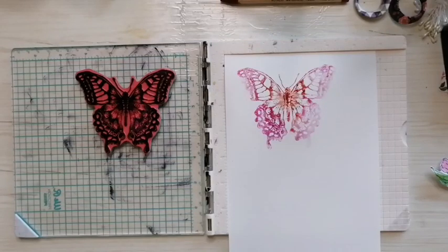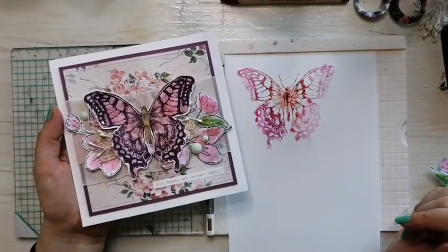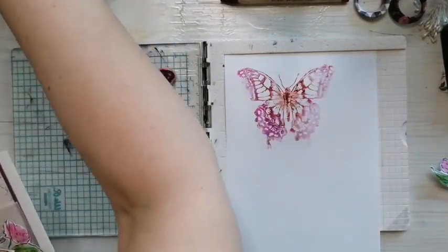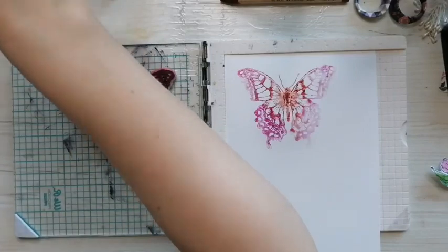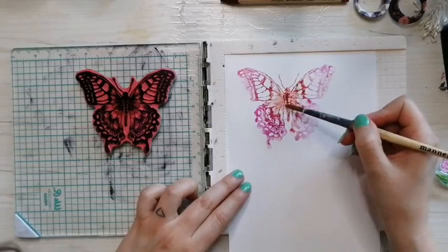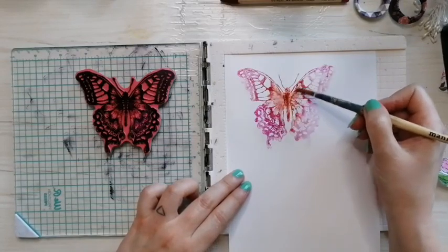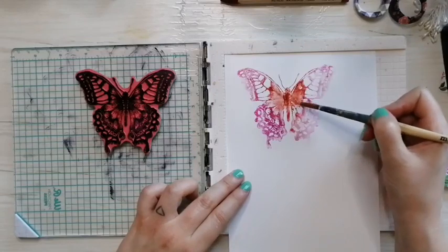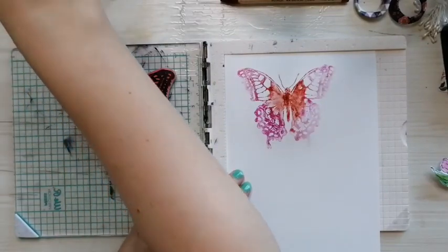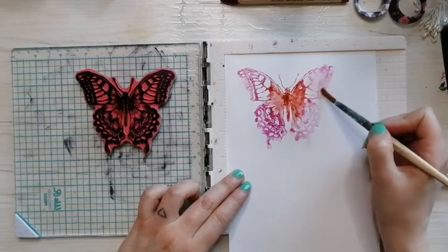And then let's compare the two. As you can see, there's quite a difference between this one and this one, but they are done the same way, even if it doesn't look like it. So then I actually used a wet brush to move the color around. And I'm guessing you already know why I left the stamp in place, because I'm then going to add the black lines on top